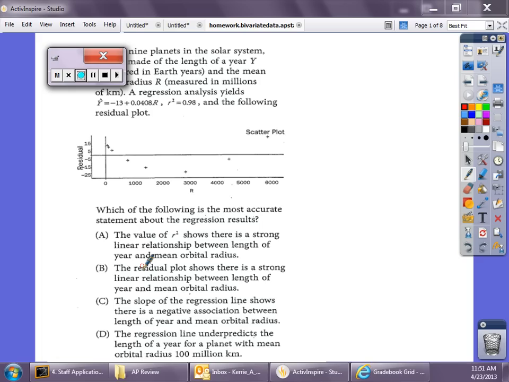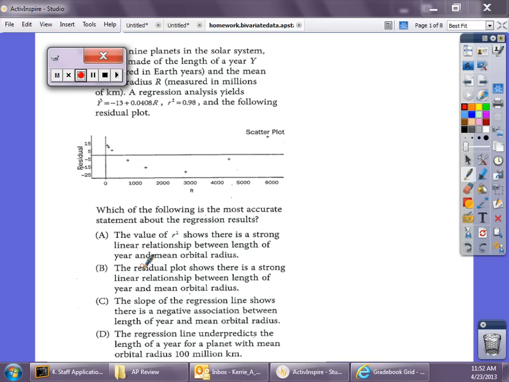Okay. Part B tells us only about the residual plot. So for both A and B, we're considering in A R squared as well as the residual plot. In B, we're considering the residual plot. In C, they tell us the slope of the regression line, which would mean that we need to go back up to our equation in order to find the slope. And part D talks about the regression line underpredicts for a specific value. So we would want to find the value that they gave and see, do we fall above or below the line? If we're above the line, if our observed is above the line, we've overpredicted. If our observed is under the line, we